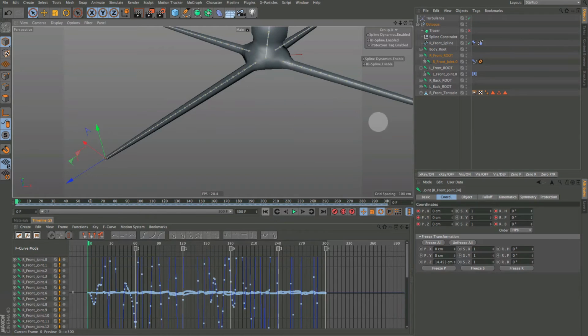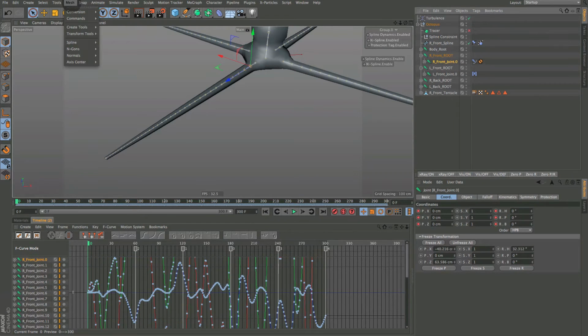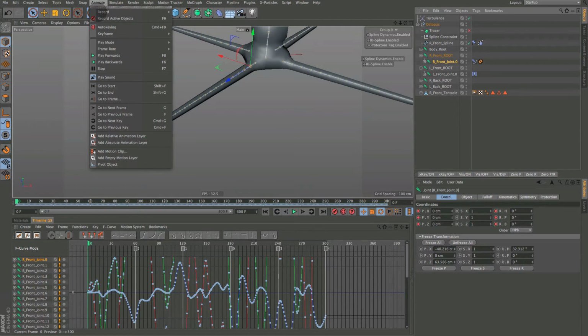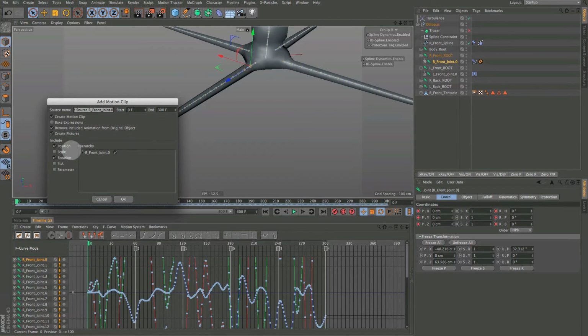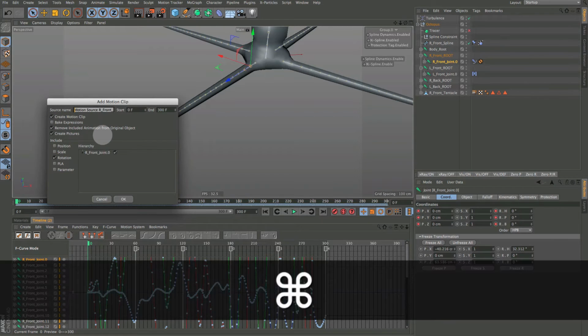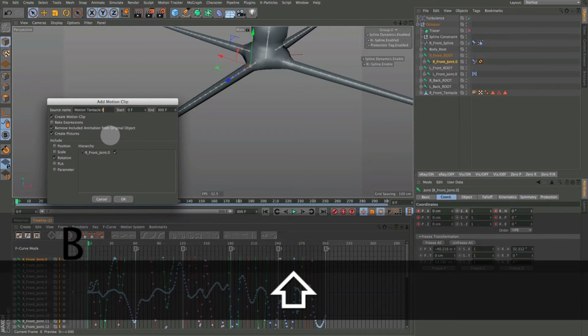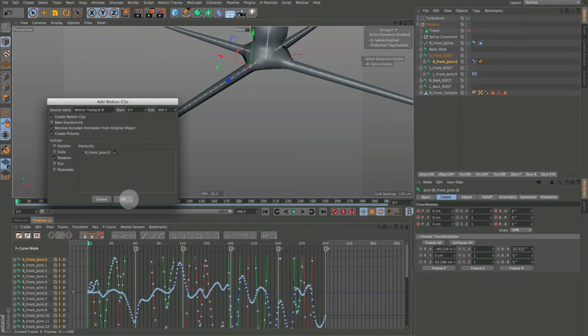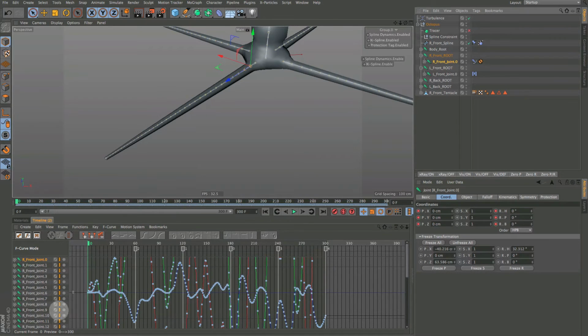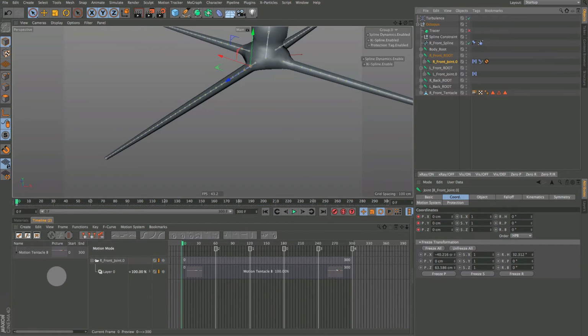And we'll go back. And so we want to grab this and animate and add motion clip, deselect position, and should still have this on the clipboard. I'm going to copy and change A to a B, and we should be good. We'll bake it, and you can see it baking down here. Okay, so now B has been put right into our front,